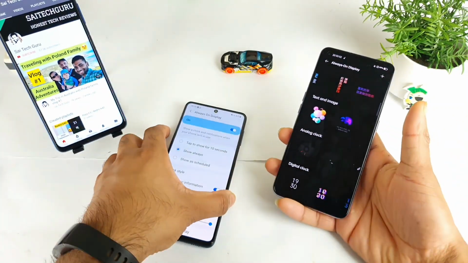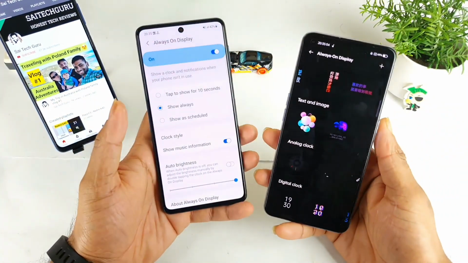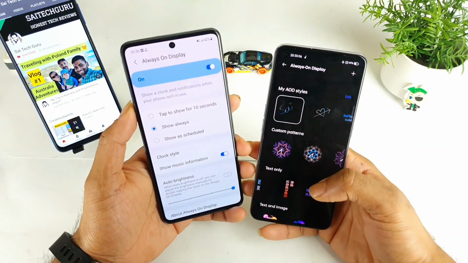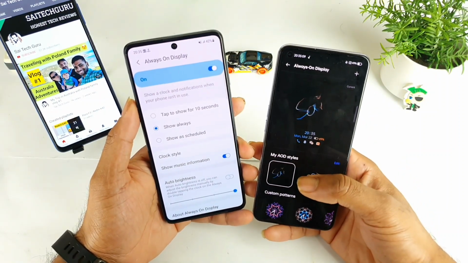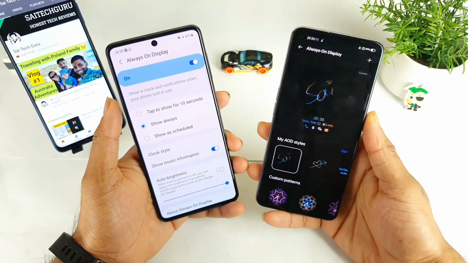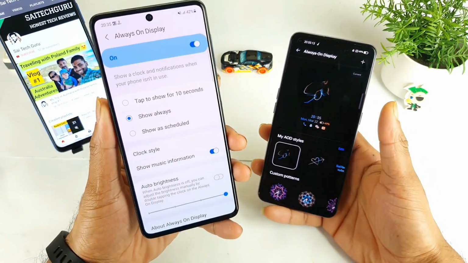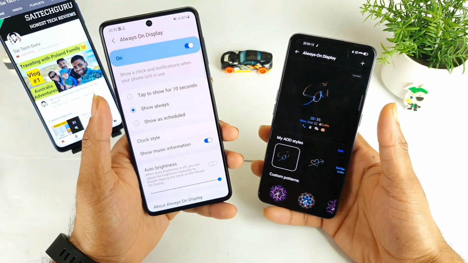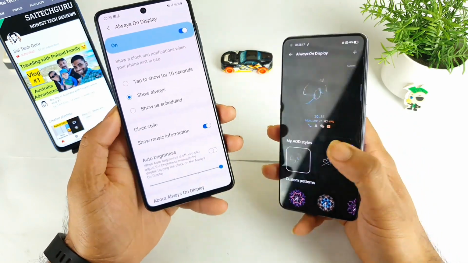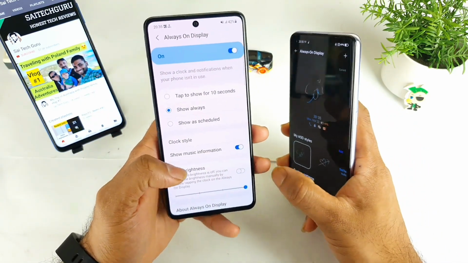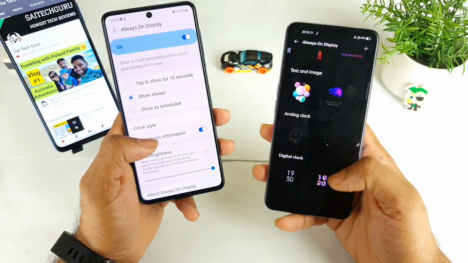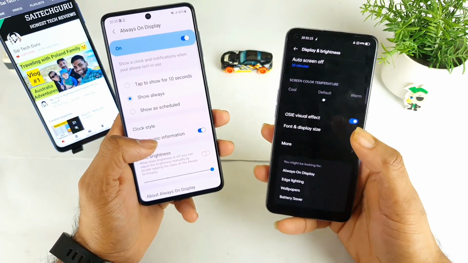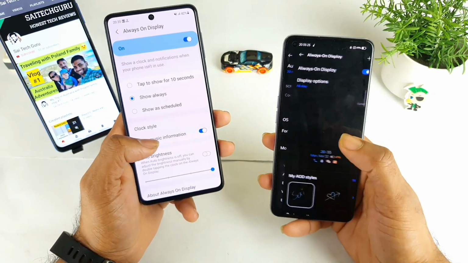The final conclusion is that Realme UI has so much in-depth customization. There is a lot of next-level customization in Realme UI 2.0, whereas Samsung has basic customization covered. Maybe in the future, if Realme adds a brightness option, which is the main thing I am lacking here, that would be really great in this phone.